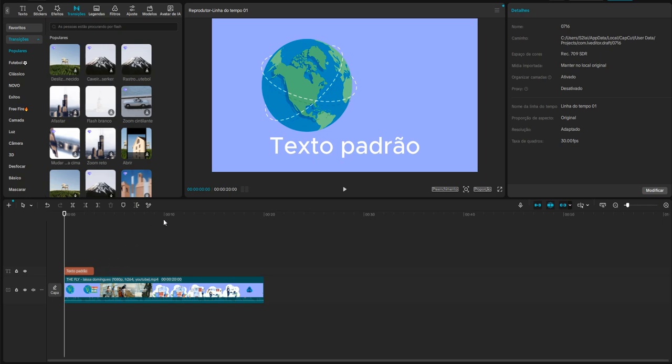Next, look for the small transition icon between two clips on the timeline and click or tap it to open the transition library. Now, browse through the available transition categories and select the one you want to use. Tap on a transition to preview it, then adjust the duration using the slider if you'd like the effect to